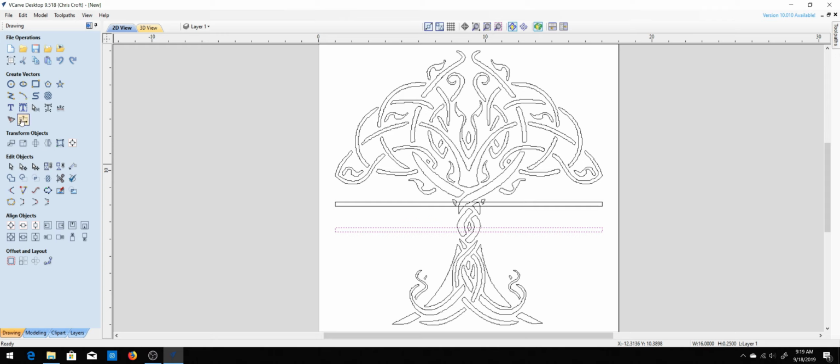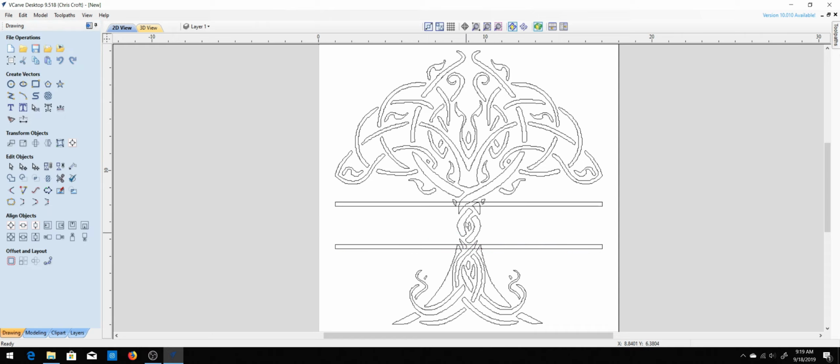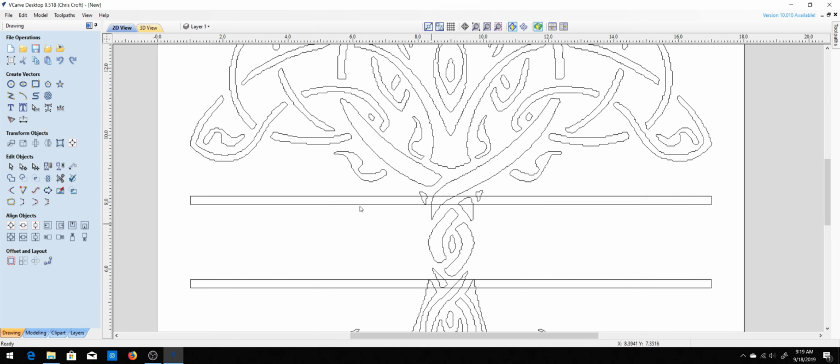Let's move this down relative from where it's at. Let's move it down another inch. So -1 inch. Apply. Okay, now we're looking good. That gives us a little bit more room for the family name. Okay, I like that. Now we're going to go through all of the